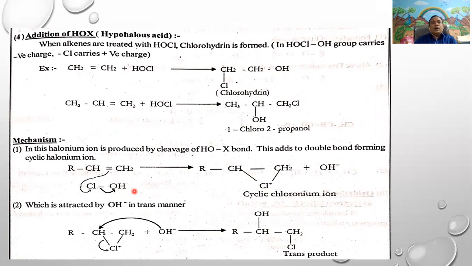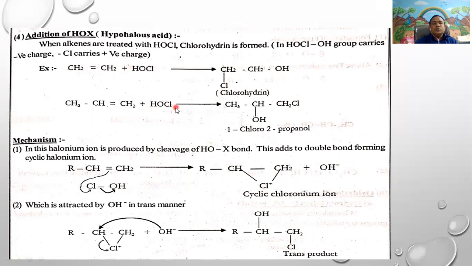Next, addition of hypohalous acid. When alkenes are treated with hypohalous acid, or hypochlorous acid, chlorohydrin is formed. In hypochlorous acid, OH gets the negative charge and Cl gets the positive charge. Here CH2=CH2 plus HOCl gives chlorohydrin. 2-chloroethanol is obtained. Similarly, propene, which is an asymmetric alkene,